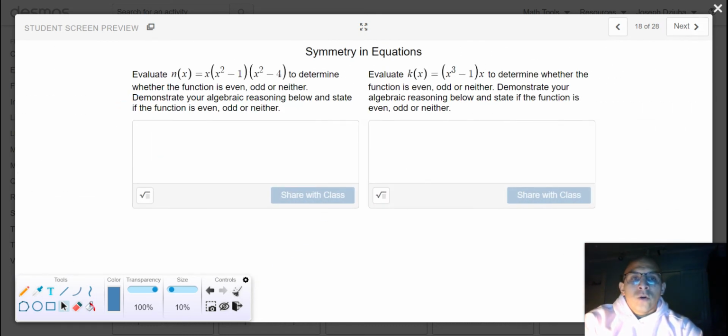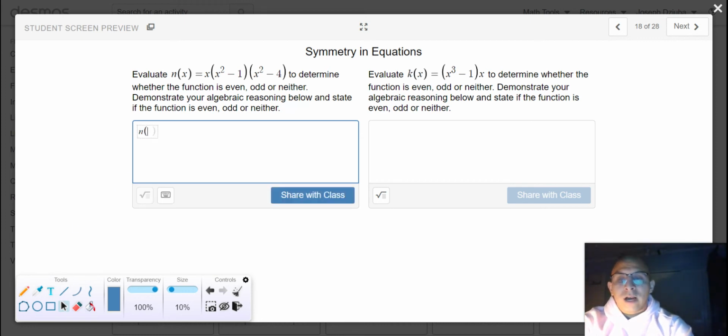So in this slide, we have a few different functions, and we're going to determine if they're even, odd, or neither. Remember, in order to determine that, we are going to substitute in the opposite input. So in this case, n of negative x, and we will substitute a negative x in any location that we see